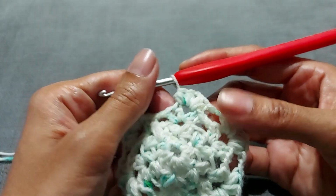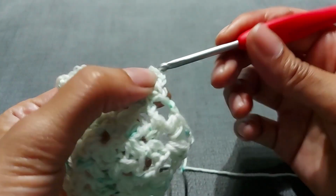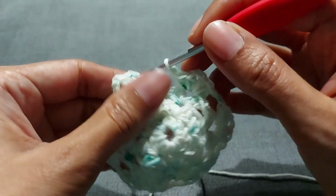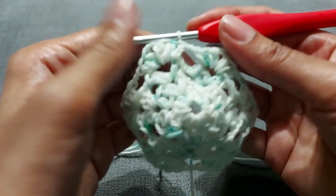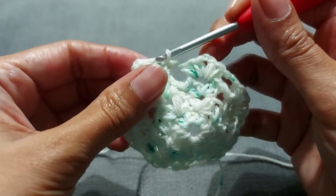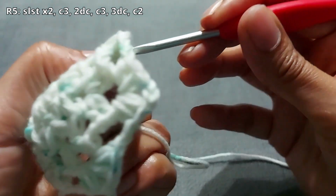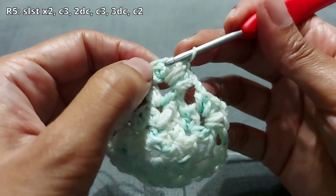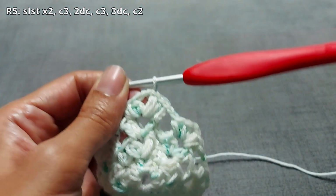All right, so once you are done with round 4, just remember to do your last chain 2 before you slip stitch into the top of the chain 3 that you started out with, just like that. And for round 5, we are going to creep along again and do a slip stitch into the top of the stitches, two of those slip stitches, until you get to the center or the middle,